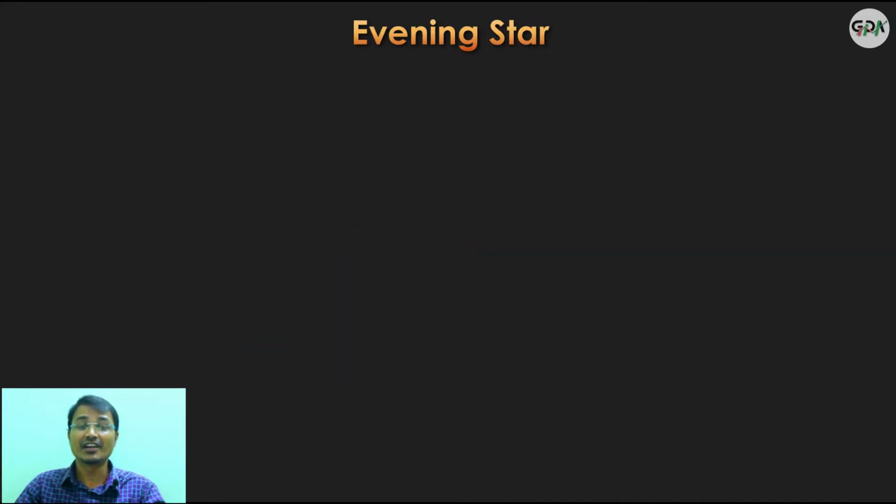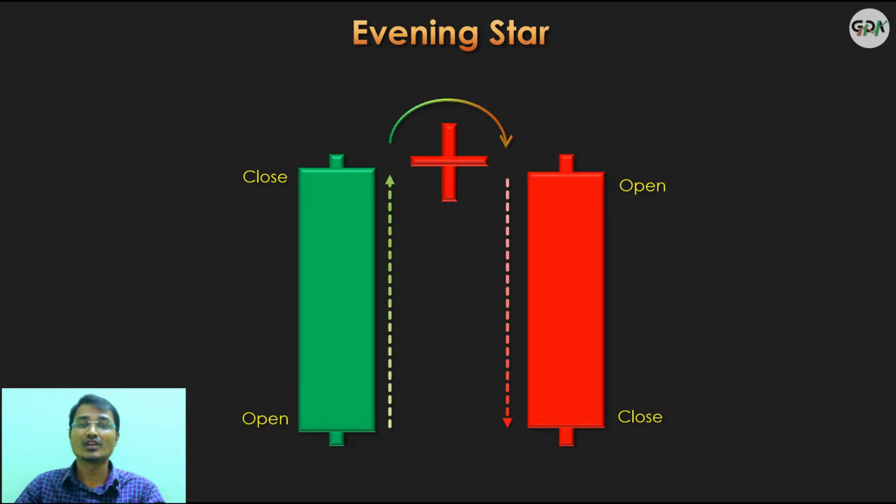Initially, buyers were leading the market and pushed the price in the up direction. Thereafter, a small indecision doji candle happened, which tells us the price is halting at the same level, which means buyers and sellers have equal strength. That's why the doji can be in red color or green color. It doesn't make any difference. Next, formation of a big red candle indicates change of direction to downtrend by taking a U-turn in the price chart.